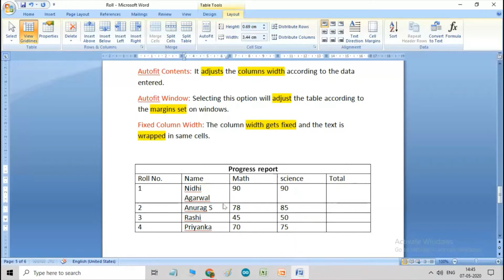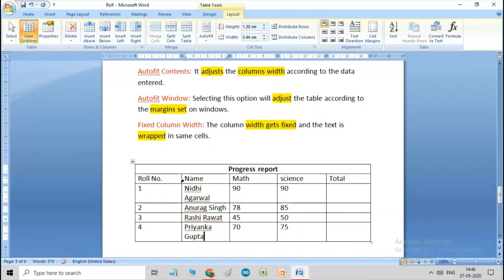Agarwal, Anurag Singh. Then I give some other name here, other surname. So this way you can see wherever the text is going beyond the column width, it is wrapped in the same cell, due to fixed column width.